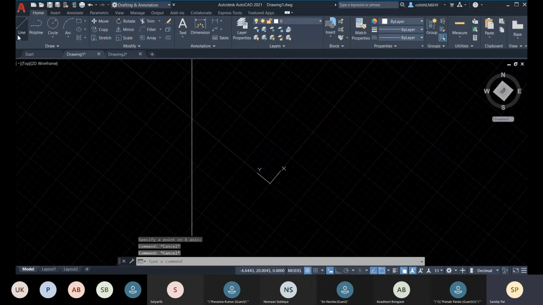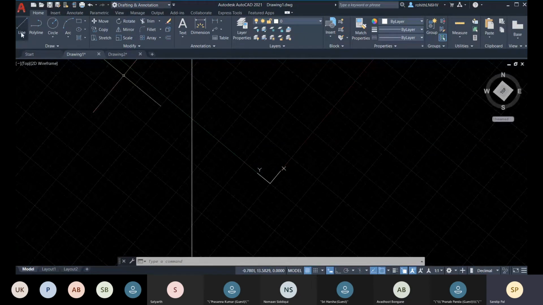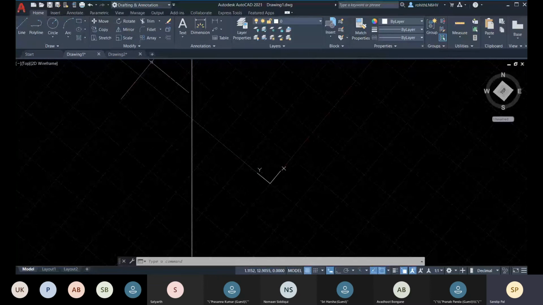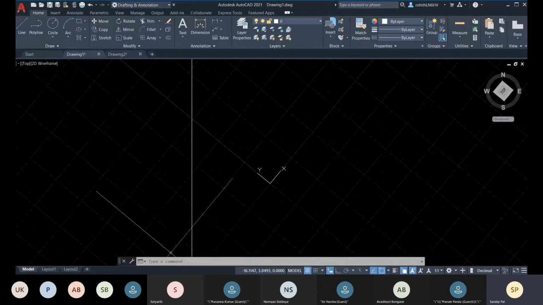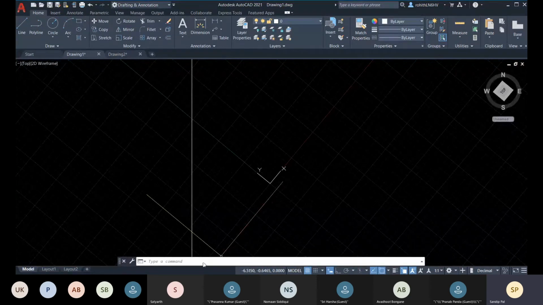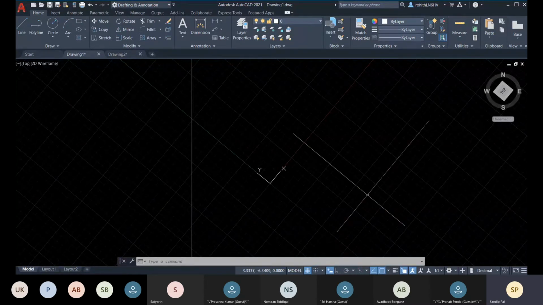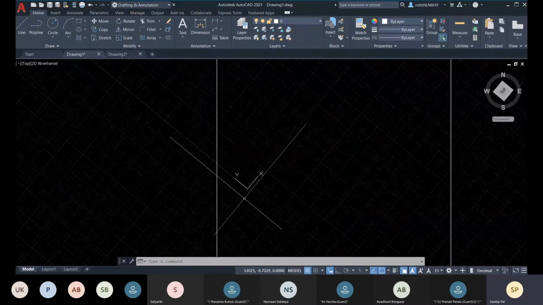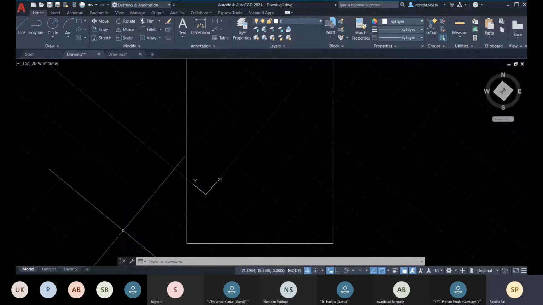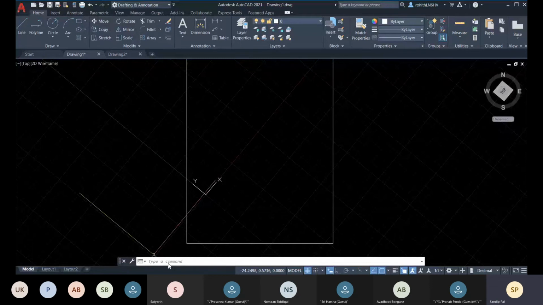Now if you create any line, so to create any object we have this line. Within this ribbon you can choose any icon or any tool and you can activate that. Here we have this command line window. So this is the command line window. You can type the command. So AutoCAD is command based semi parametric software. So you can activate any tool with the command.